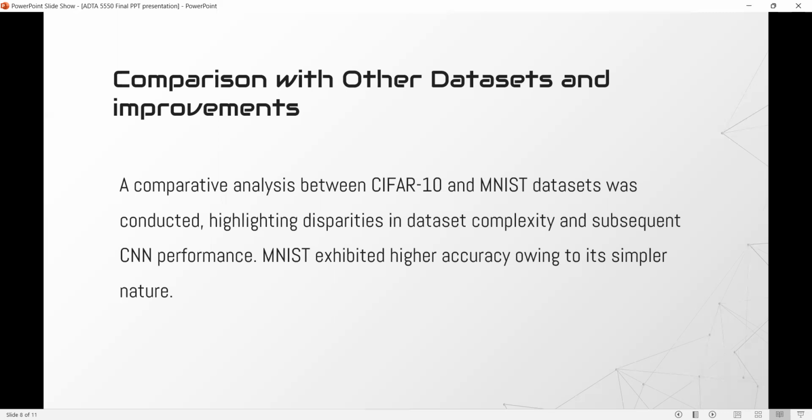And in the next part, we can discuss the improvement of convolutional neural network performances. Here we can observe a few improvements, such as increased depth of convolutional layers. In this section, I have increased the depth of the convolutional layers and also increased the depth of the filters, which allows the network to learn more complex features,